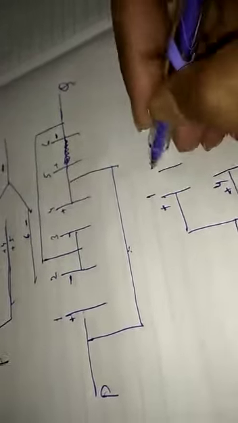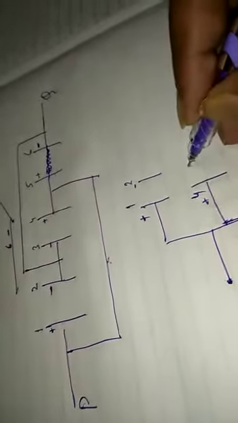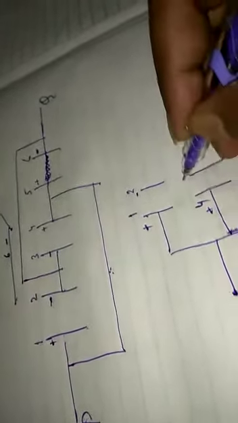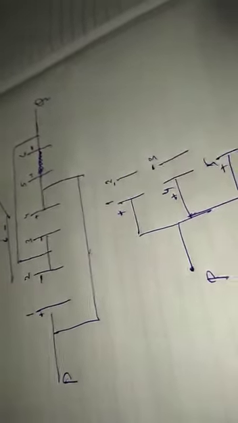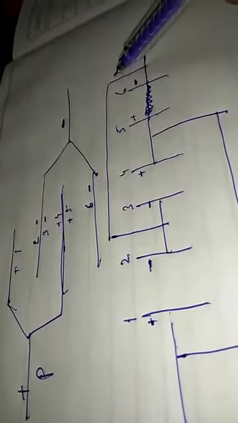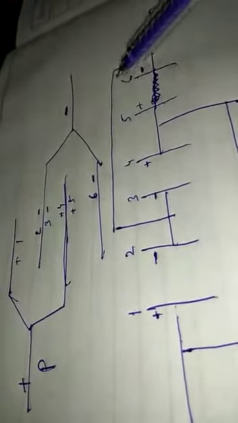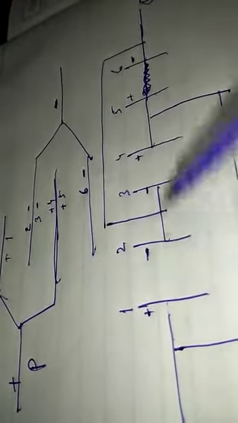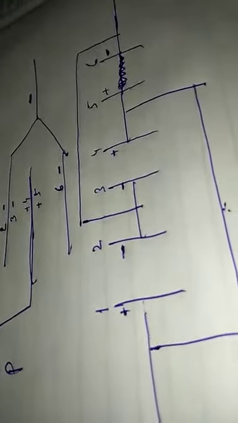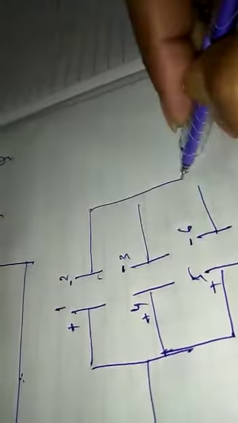And opposite to 1 there is plate number 2 having negative charge. Opposite to 4 there is a negative charge, plate number 3. And opposite to 5 there is a negative plate, plate number 6, and 2, 3, 6 are connected to Q. You can see clearly Q is connected to 6, Q is also connected to 2 and 3. So 2, 3, 6 all are connected to Q.